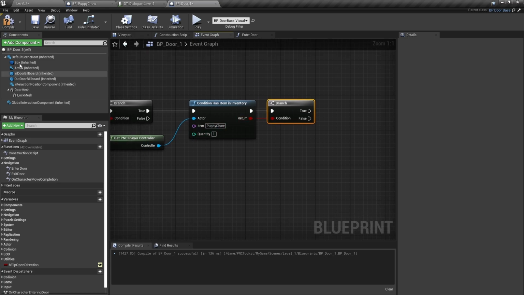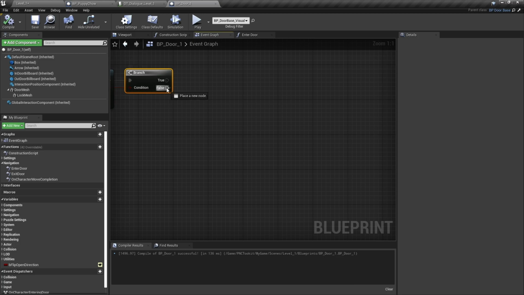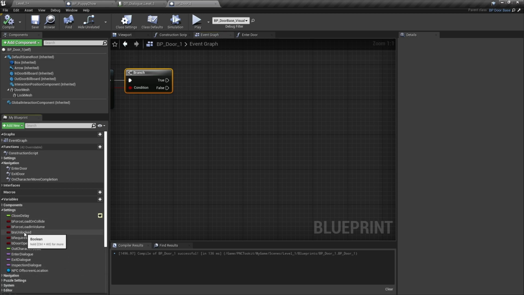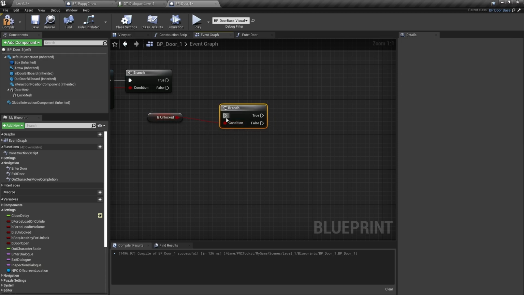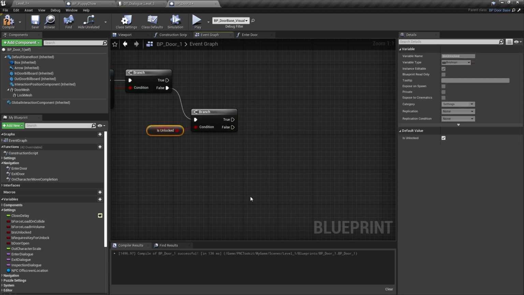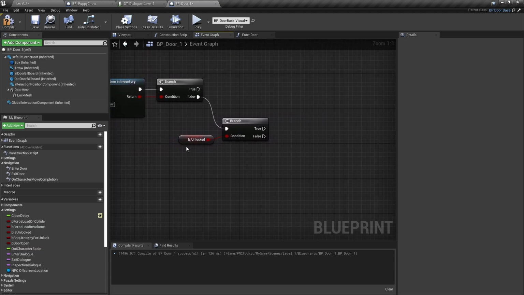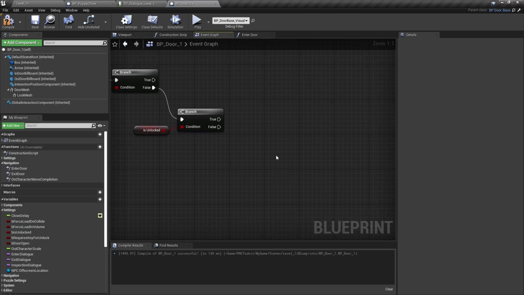So now, if he doesn't, we're going to check and see if the door's unlocked, which is here under settings, control and drag and unlocked. Make a branch and connect these up. Now, if the door is unlocked, we're not even going to get that far anyway. But if it's not unlocked,